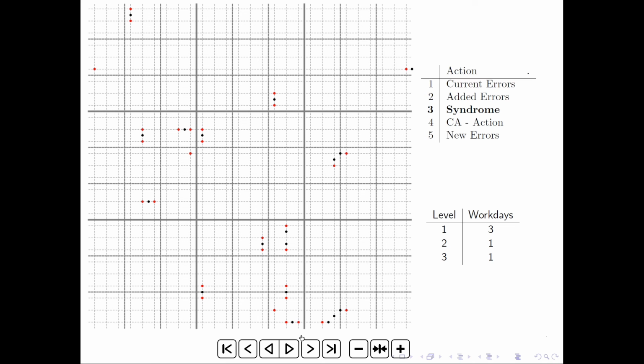Okay, so this was decoding the Turing code with the Harrington decoder, and thanks for